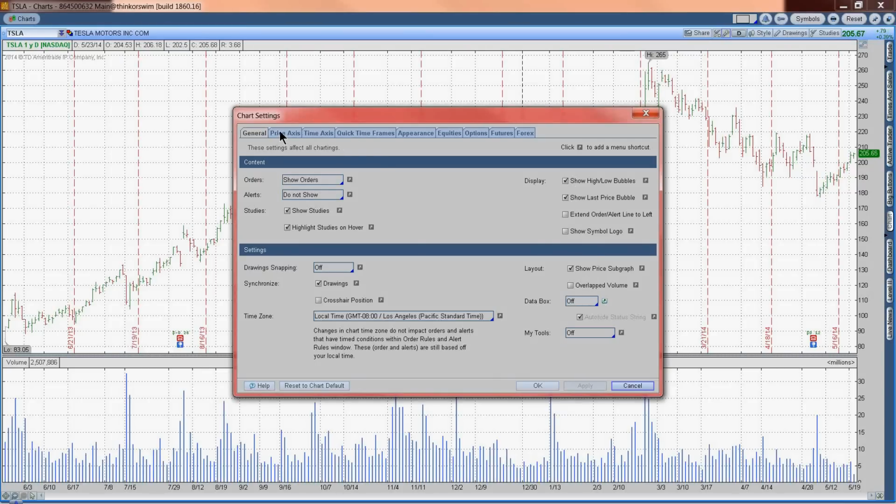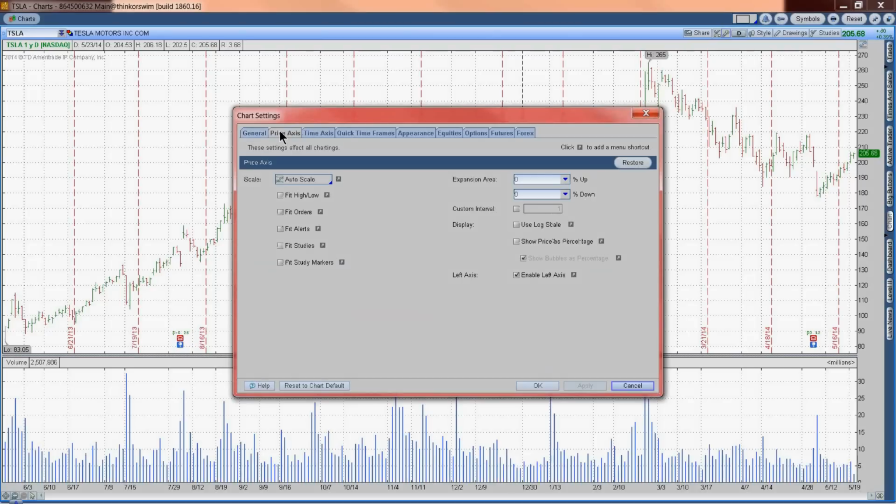Then I go to my price axis, which is this right-hand axis over here, and I can set in here, do I want to fit the high and low for the particular time period? Do I want to fit my orders? Do I want to fit the alerts, fit studies? And oftentimes I will get rid of these fit the studies options and all kinds of stuff